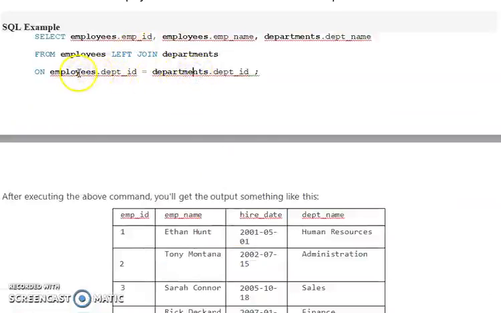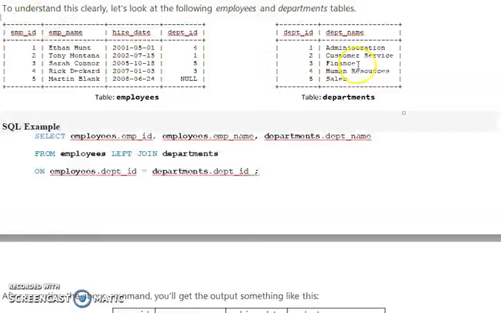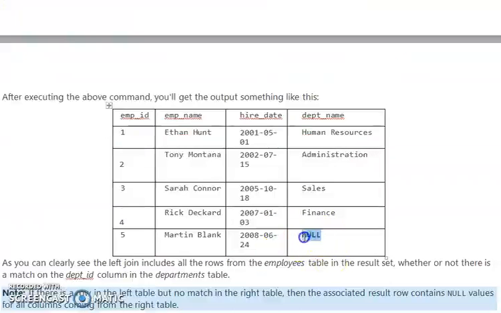All the matching records from the employees table and the departments table will be combined first, and whatever records remain from the employees table, even though they do not have a matching record, will also be shown in the output, and the corresponding values of the columns from the second table, like department name, will be null. Joining is performed, every record is matched, the condition is applied, but whatever records remain unmatched from the left table will also be considered, with the second table's columns as null.